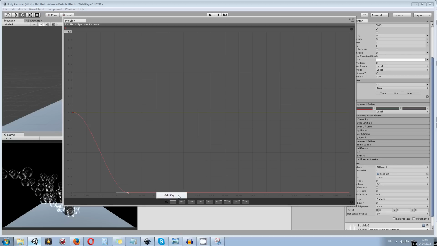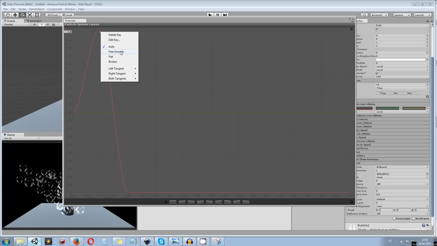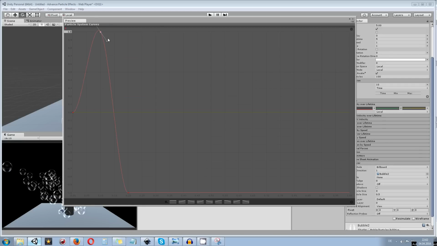Also, I want to have another key on 1.10, but I want to make sure that this one is over here at the very top. This has a time of 0.1. It's not how I want this to be, so I go to Free Smooth and just take the handle and make it horizontal. The same needs to be applied to this one.